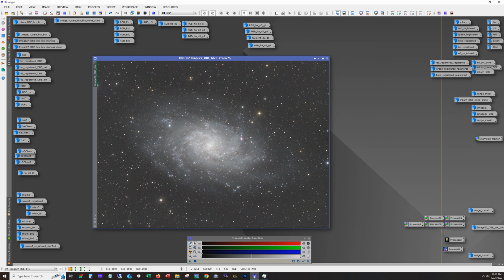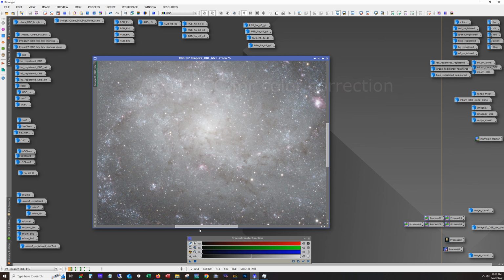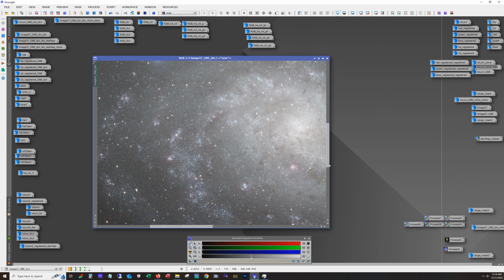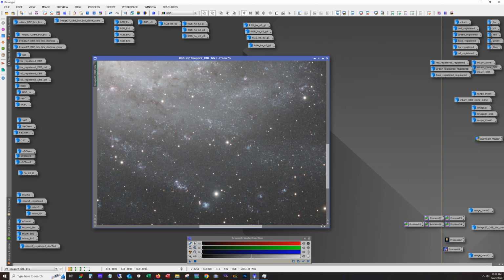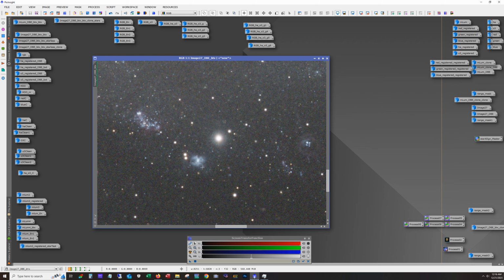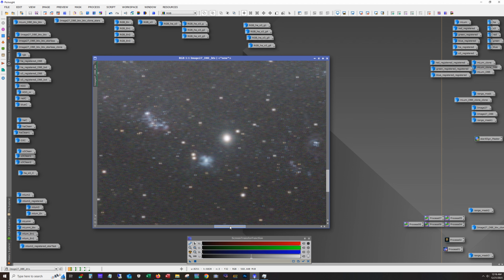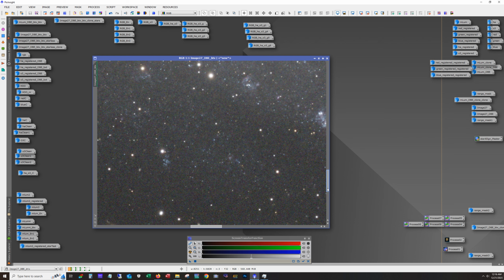Not processed. This was just LRGB combination, and then I believe Blur Exterminator was applied to this. So it's like I could just auto stretch this and release it. Give you an idea of how good the nebula are already shown up. See, there's that one nebula I was talking about before, right? So in straight broadband, it is a blue nebula. And if you look at a lot of HA LRGB images out there, it shows up as a red. And that other one,